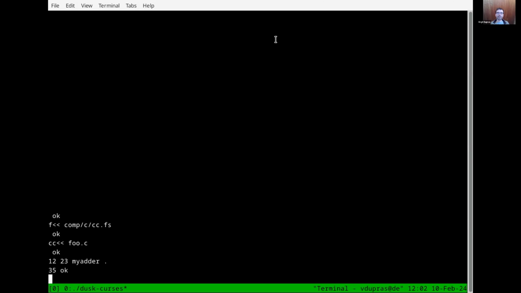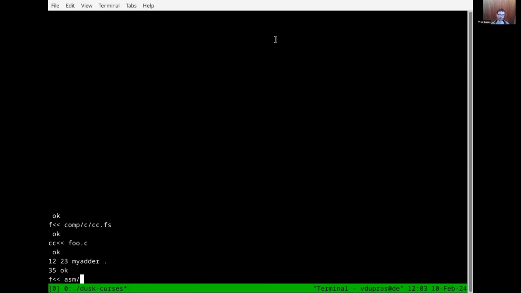So the compiled C word can be used as any other Forth word. In the previous presentation, I was making extensive use of the disassembler to show the result of what I was doing, and I'll do the same here.